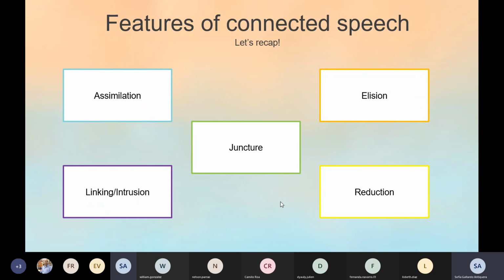Now, let's do a short recap. Who can tell me what assimilation was? I explained it, but maybe William, would you mind telling me what assimilation was? If not, that's fine. William? Okay, don't worry, but pay attention so that we are sure you understand. I'm not putting pressure on you. I just want to check that you remember and understand. I'm not trying to be mean. Okay. I think I could explain juncture, for example. Okay, go on. I'm happy.